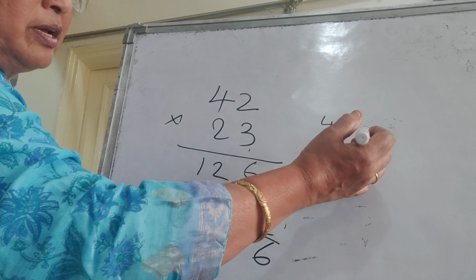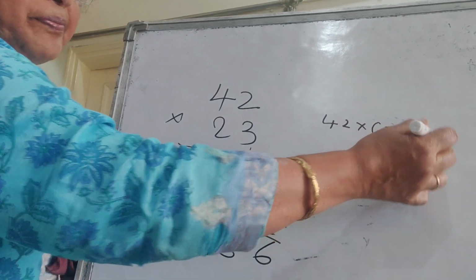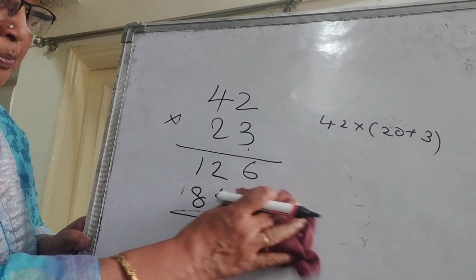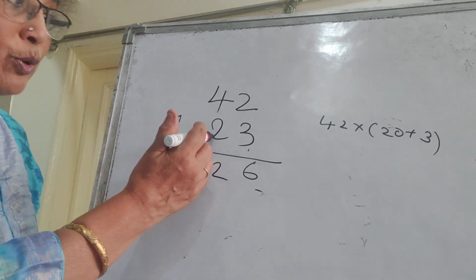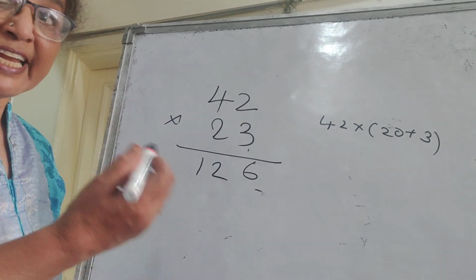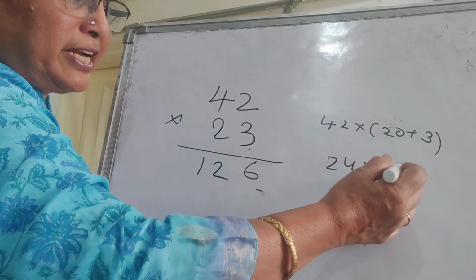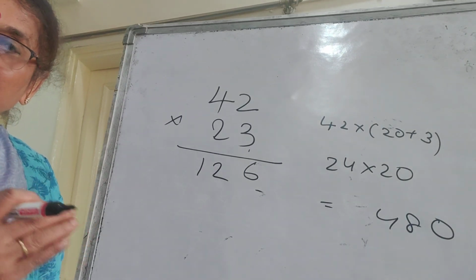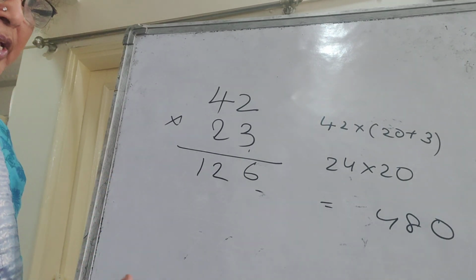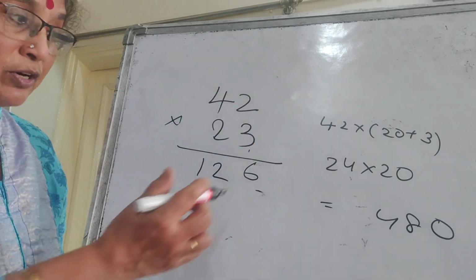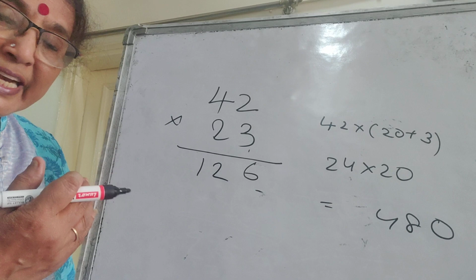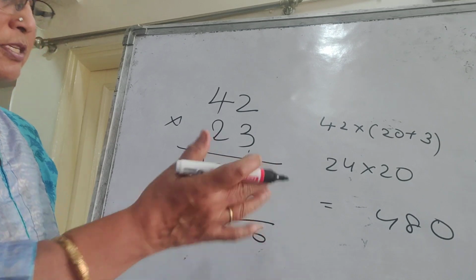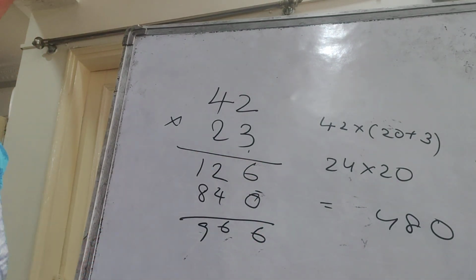It is 42 into 20 plus 3. You're doing 20 plus 3, whichever you're doing. So this is the units place, so I'm writing 126. Then 20 times 42. When you're doing 42 into 20, so short we put a 0 and write 84. It will end with a 0. If one of the numbers ends with 0, the answer ends with 0. So here also 20 times, 3 times 42 I wrote. Now it's not 2 times 42, it's 20 times. So I put a 0 and then I wrote 84, which we learn as a cross. As we cross, we write it as a cross.